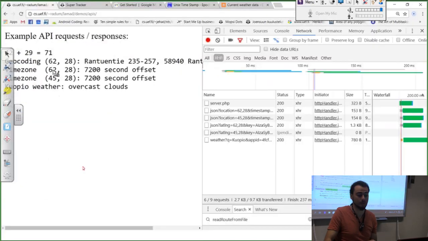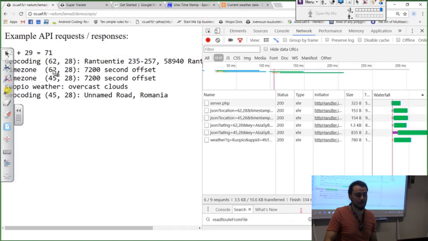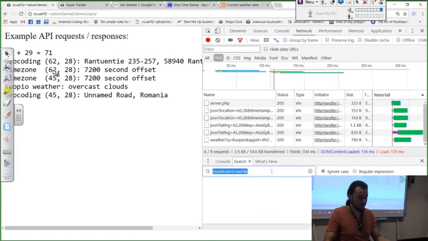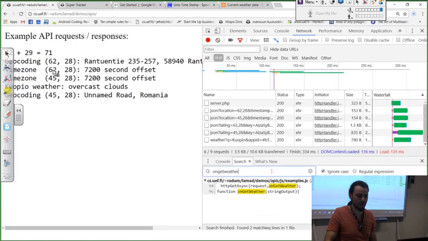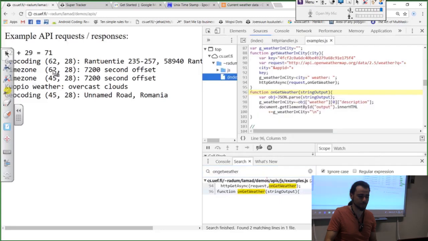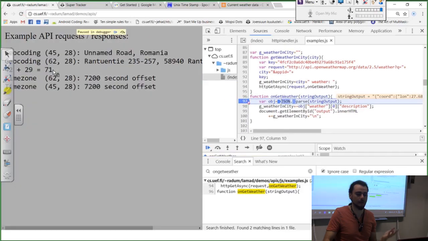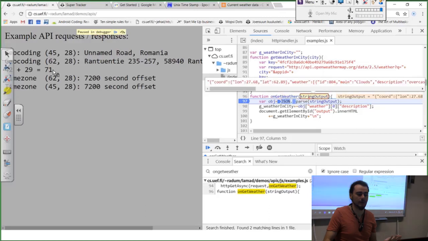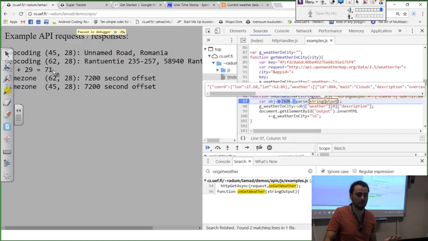So if I save it and run again, I could always go here for onGetWeather, search for the function, and now I can put a breakpoint there, for example. Refresh the page, and now this program has stopped in the onGetWeather function,